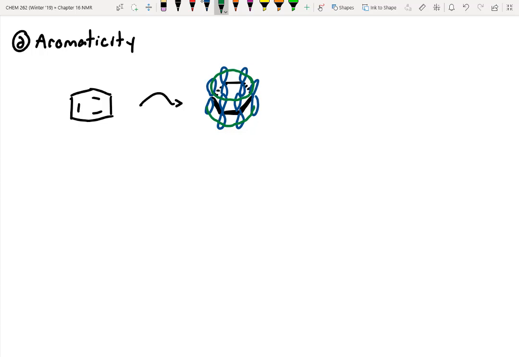And we know this because of resonance, right? So this electron can move, or those electrons can move there, those can move there, those can move there. We can delocalize electrons all the way around the ring. The weird thing is, when electrons do that in a ring system, you essentially are creating current. And when you have current, you make a magnetic field. So you're creating a magnetic field within a magnetic field. The big thing I want you to remember